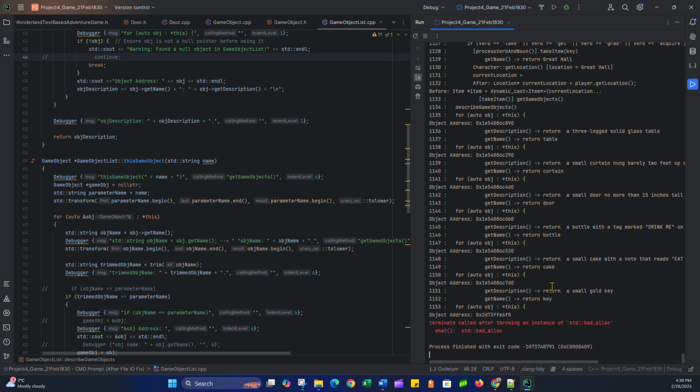So, again, we're getting to the point of I'm iterating through all of the things. I'm in the describe game objects method. I'm iterating through and seeing the table, the curtain, the door, the bottle, the cake, the key, and then I'm still iterating for some reason and causing an issue. So I've got to figure out why that's happening. Why do I keep iterating through? Is it because the game object is... Actually, as I'm saying this,